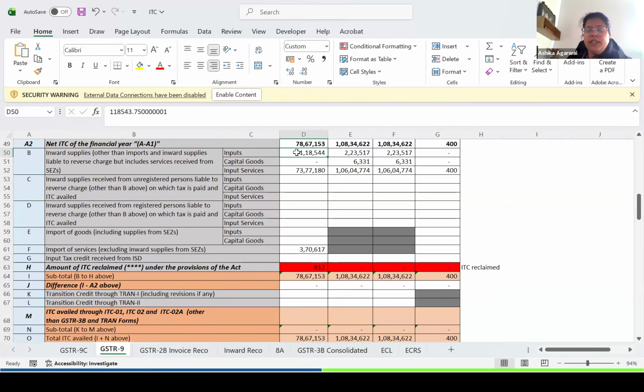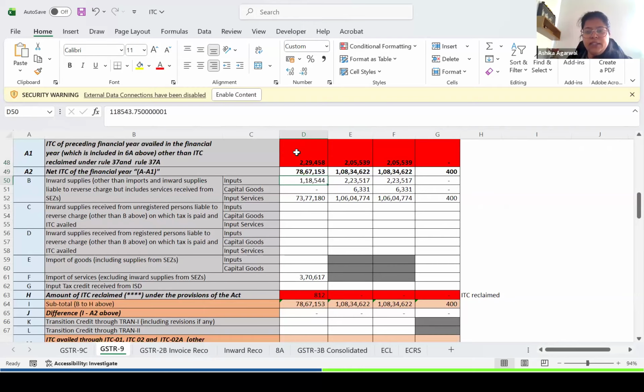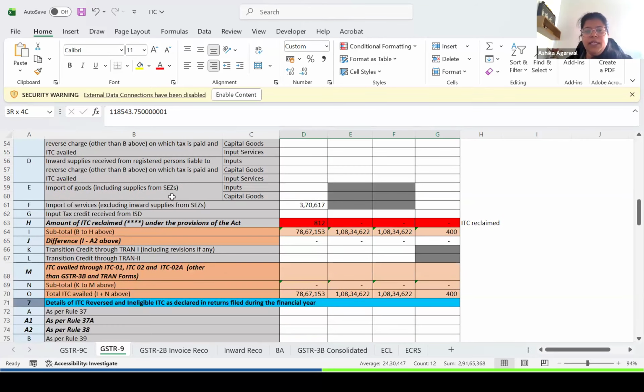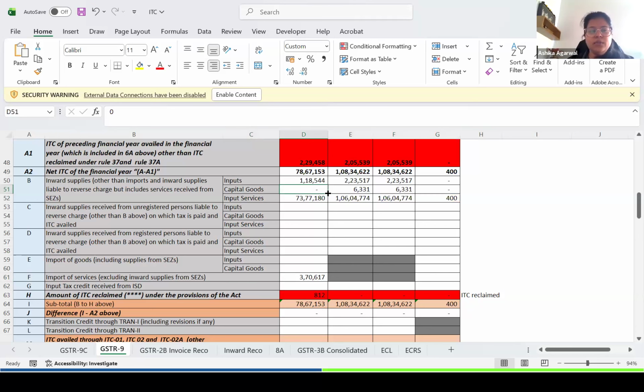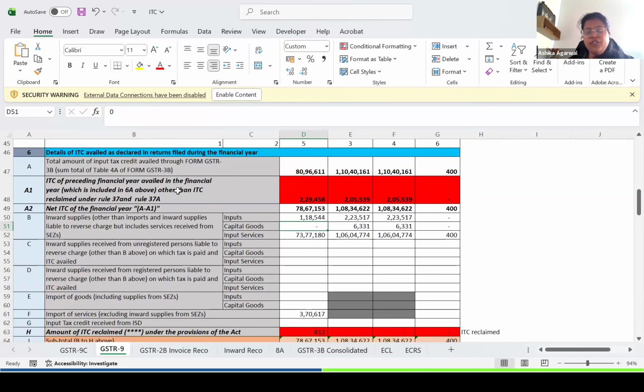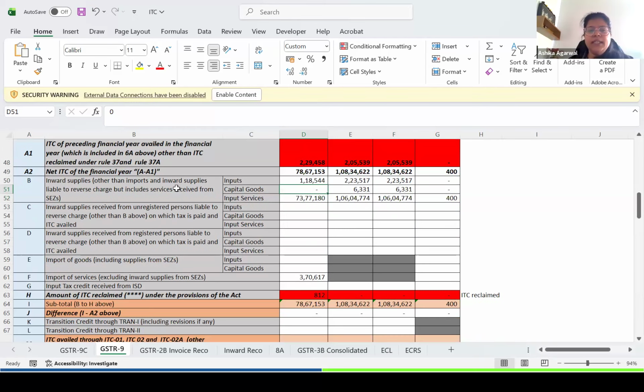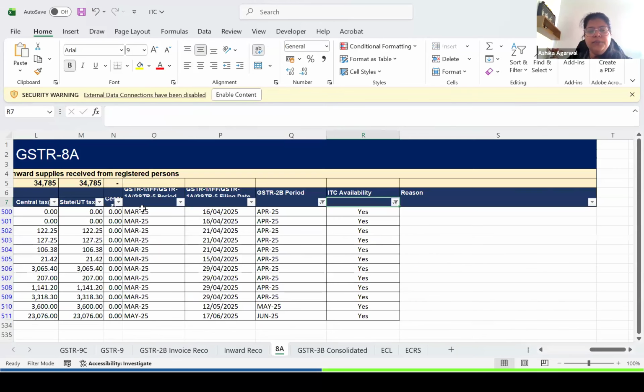Now 6B is the moment you exclude your 6A1; this is the ITC available for the current year 24-25, auto-populated in 2B of 24-25. In this case, there was one import of service also, so 370, and we have already discussed the flow of 3B to table 6 in our last session, but for the sake of it, I am again saying, so 4A3, so over here,